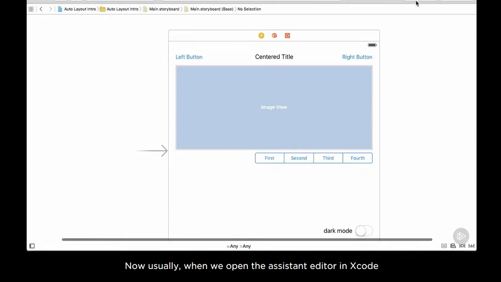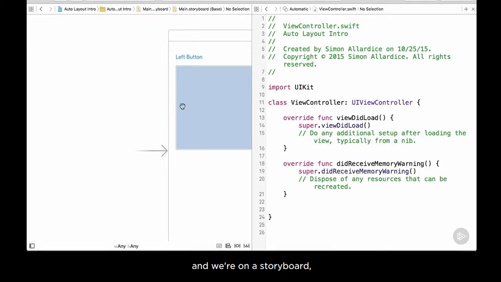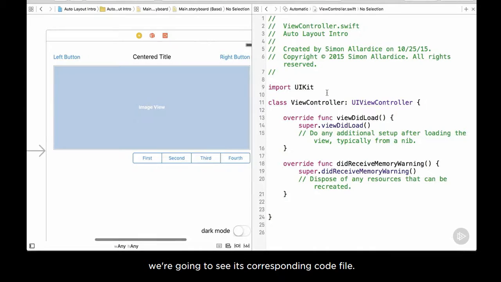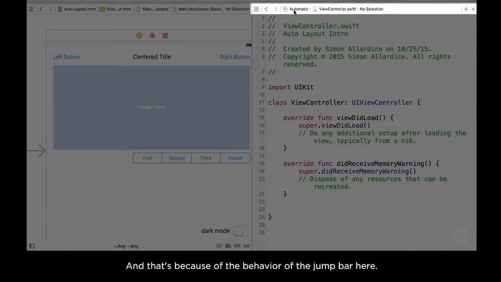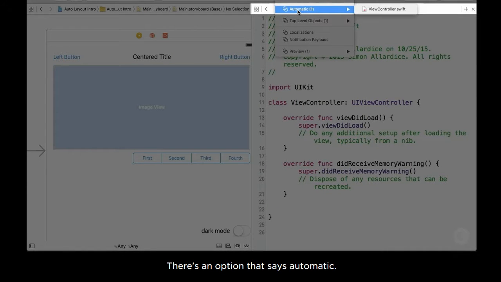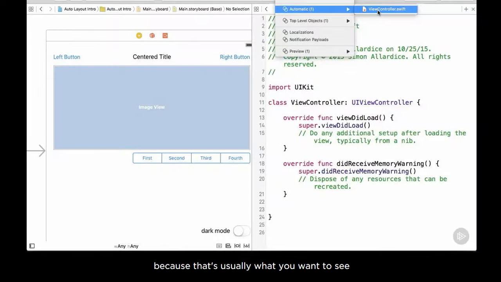Now, usually when we open the Assistant Editor in Xcode and we're on a storyboard, we're going to see its corresponding code file. Storyboard on the left, view controller on the right. And that's because of the behavior of the jump bar here. There's an option that says automatic. It'll automatically link you to viewcontroller.swift because that's usually what you want to see in assistant mode. But there is another choice. I can come